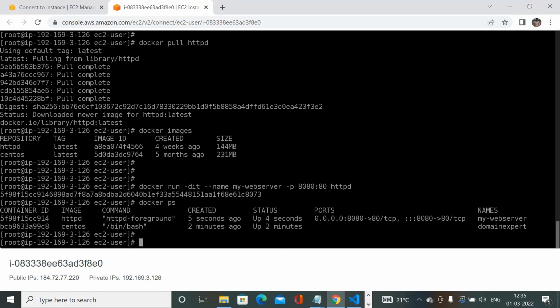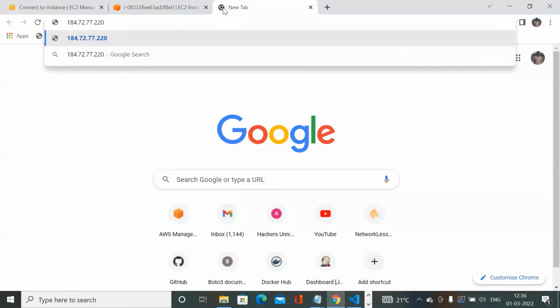Super, right? Now let me test the connectivity. Let me grab the public IP address of the instance and copy it with port number 8080. This works,